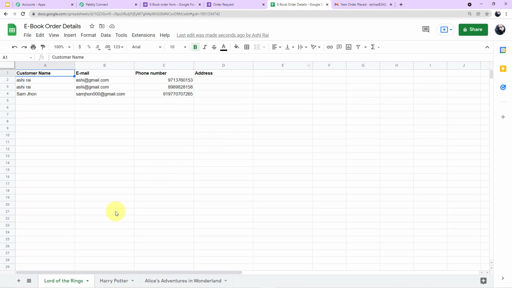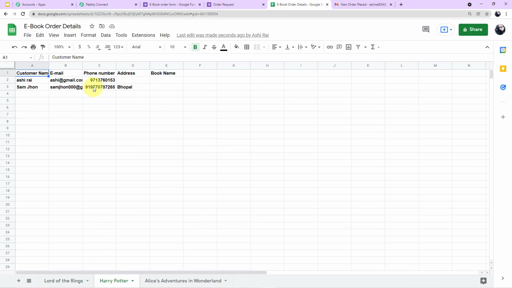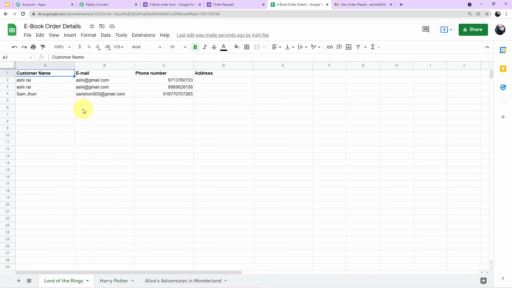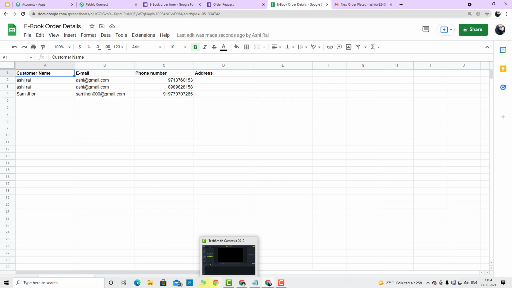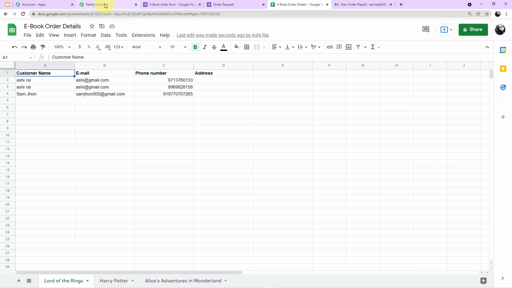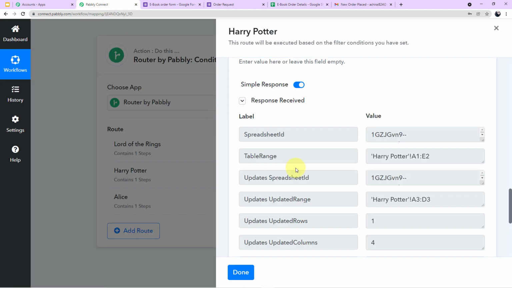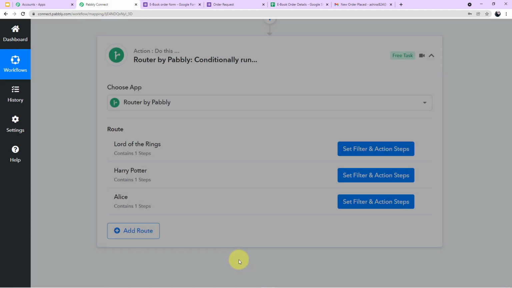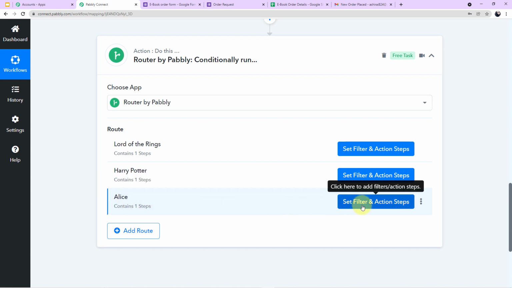Let me show it to you guys. Here you can see the data has been sent successfully. The data is going here because we are right now working on the workflow. That's why all of the data which we are mapping is going there. When I run the live example, I'll show you how this workflow will be used and processed. Okay, now click on done and go to your third part.